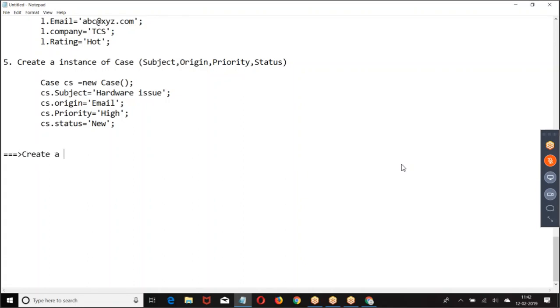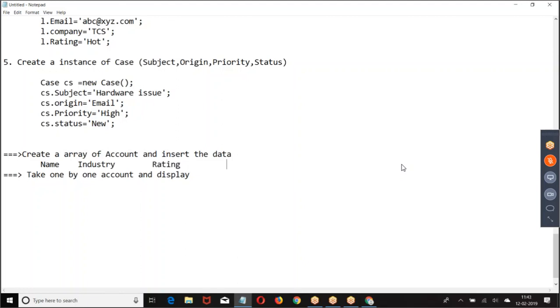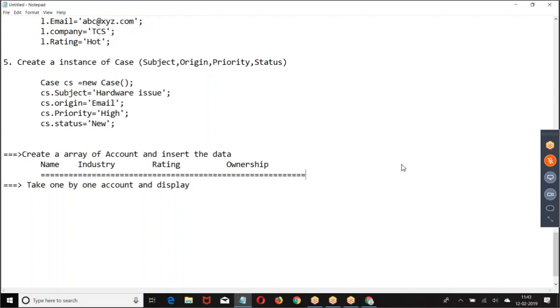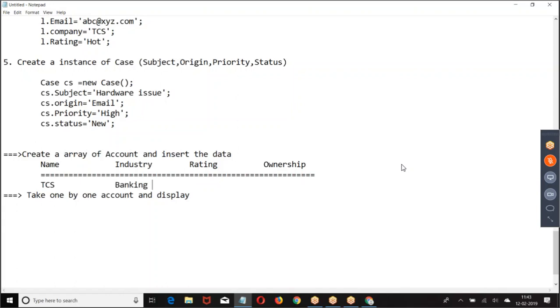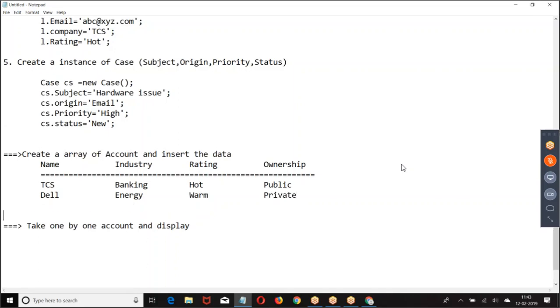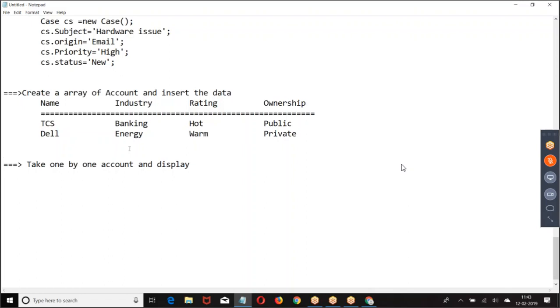Create an array of account records, take one by one account and display. Create an array of accounts and insert the data.